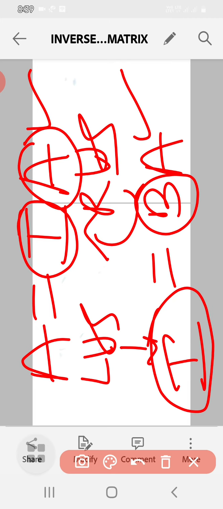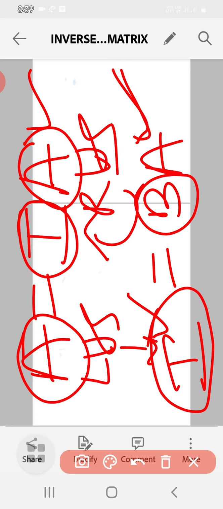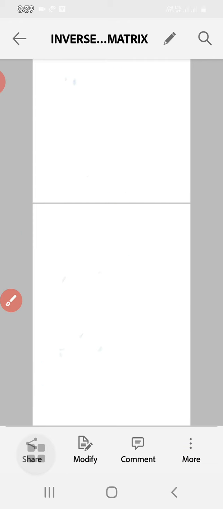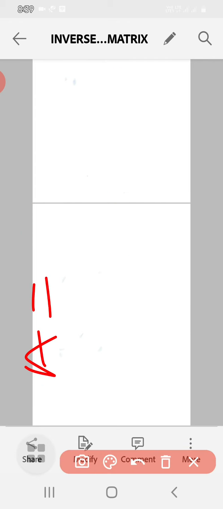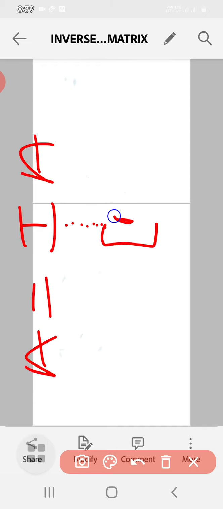See here, listen to my explanation. LHS, we have the given matrix that should be reduced to identity matrix, and right hand side we have to reduce identity matrix to another matrix, say B. So that is, we have written A is equal to IA. So by applying row transformations, reduce this RHS. See, here I is there on the RHS. Reduce this to matrix B.